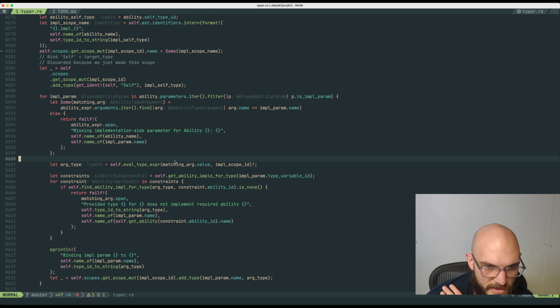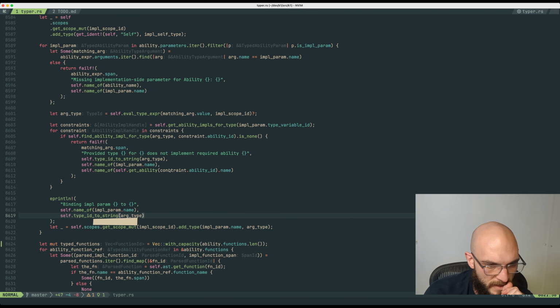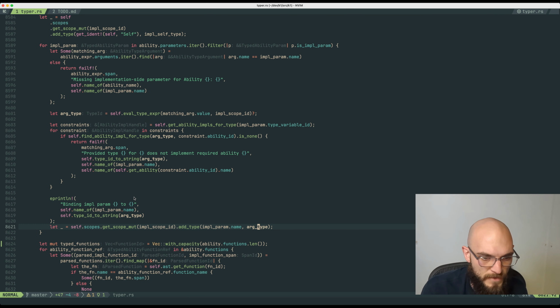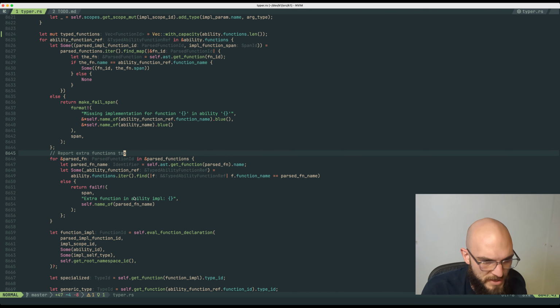I'm evaluating the type expression, and then I say binding impl param, and what that means is that in this impl scope, that impl param name, so item, should be equal to the argtype. And the argtype is type variable T. But then when I type check,